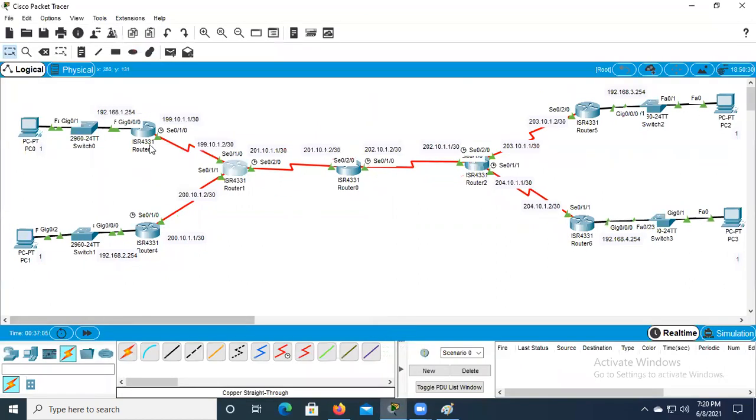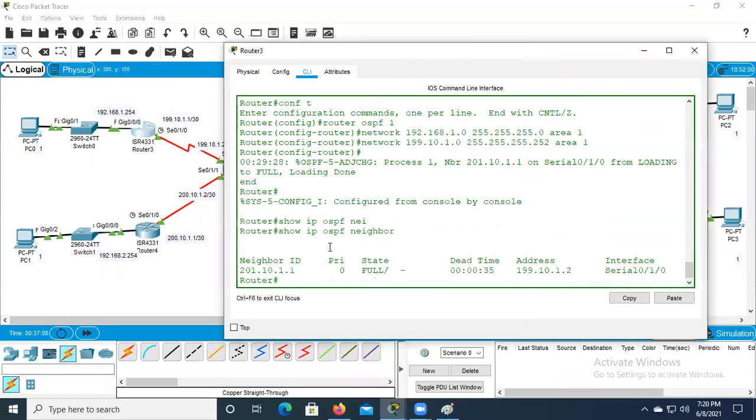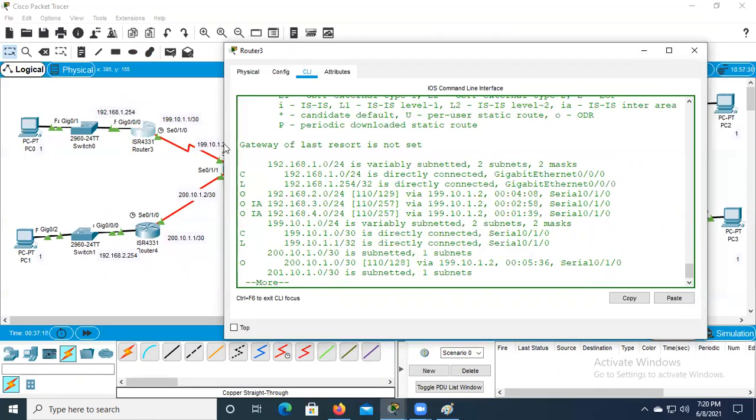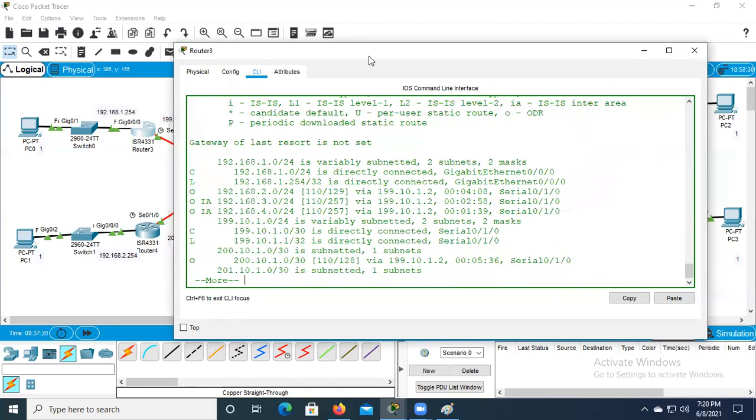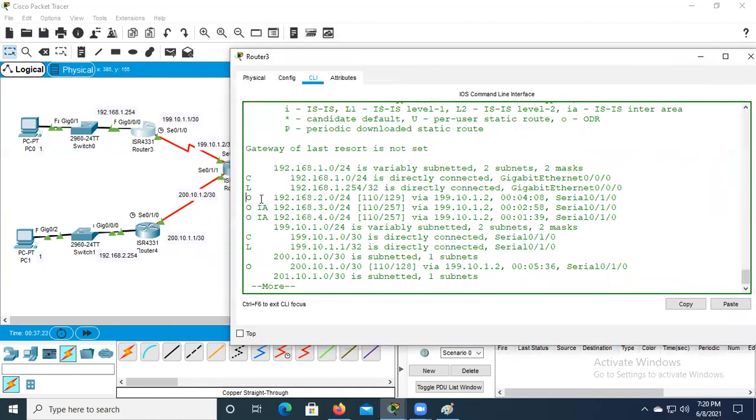Okay, so in the same router, there is a command show ip ospf neighbor to know the neighbor information. If I go for show ip route, when I use the command show ip route, you get some O routes. 192.168.2.0 is the route that belongs to the same area, area 1. 192.168.1.0 is coming from this router as well, the LAN network of this. But the O IA routes are the routes coming from a different area.